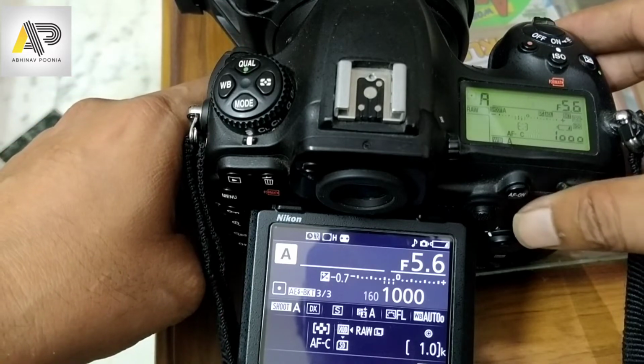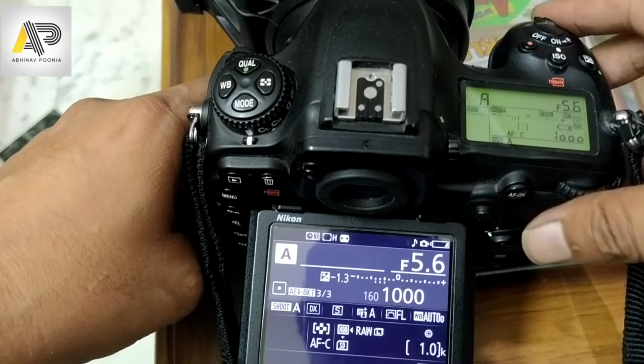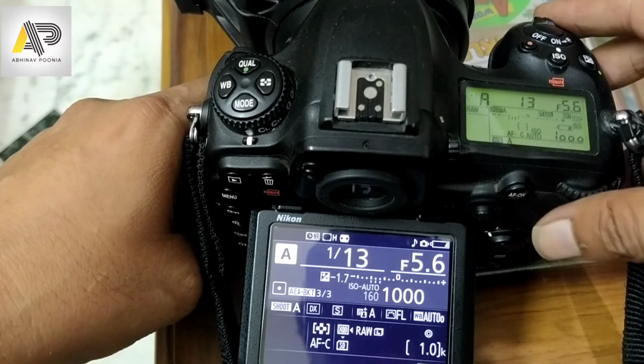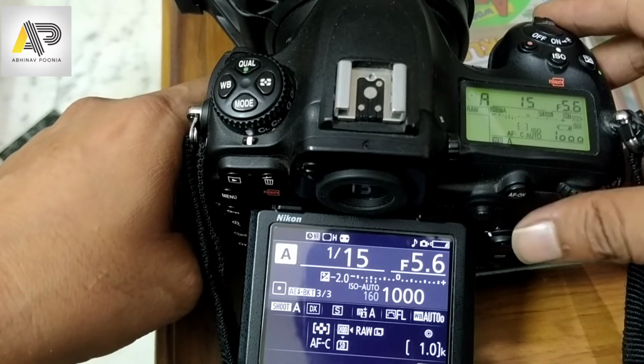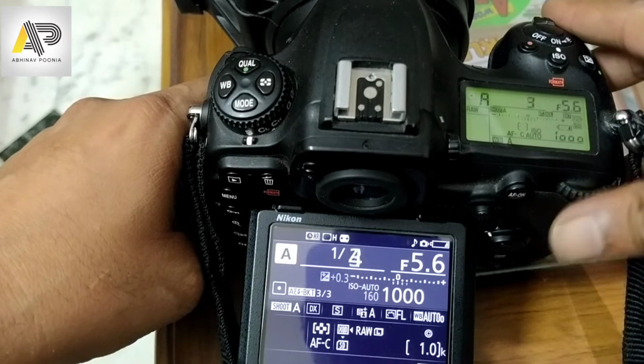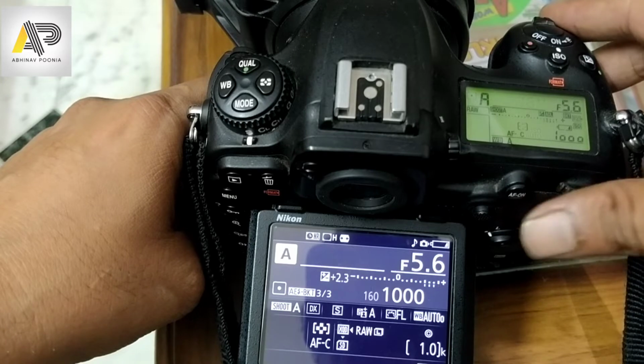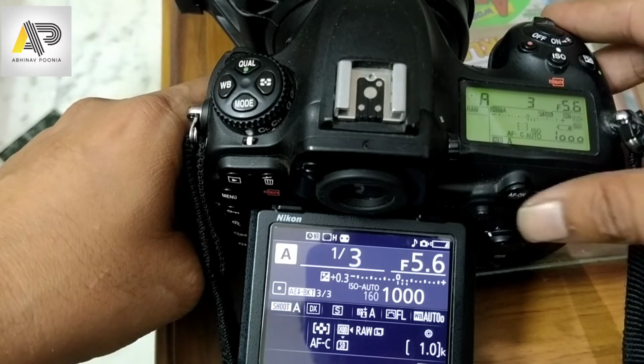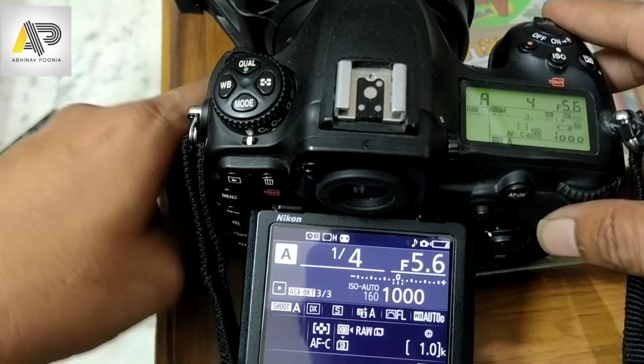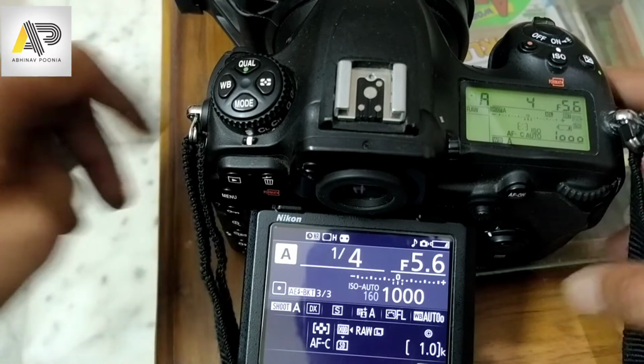Minus 0.7, 1/6, 1/8, 1/10, 1/13, 1/15, right? So this is changing the shutter speed now. See the difference. This is another secret of how I'm capturing the images using AE and BKT.